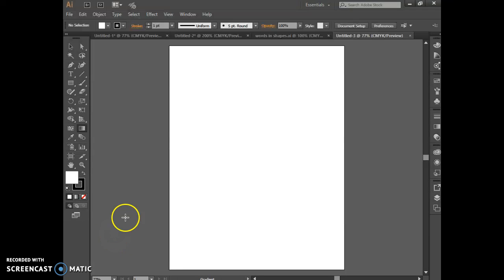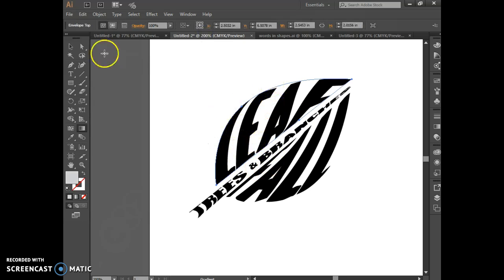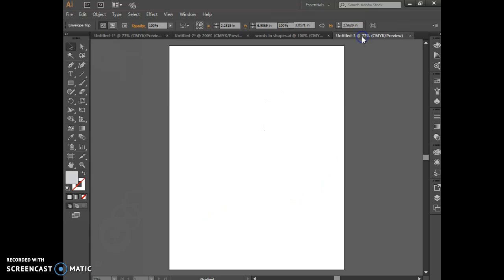Today we're going to look at how we're going to put words into shape like we did last week, but we're going to focus it a little bit more and create a multi-part. So here's one shape, there's a second shape, and there's the third shape. How to create a multi-part that actually has words in it, which is going to prepare us for our next